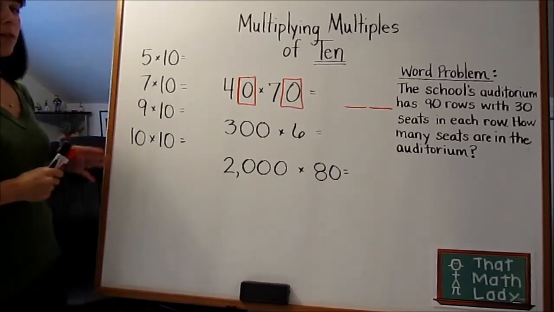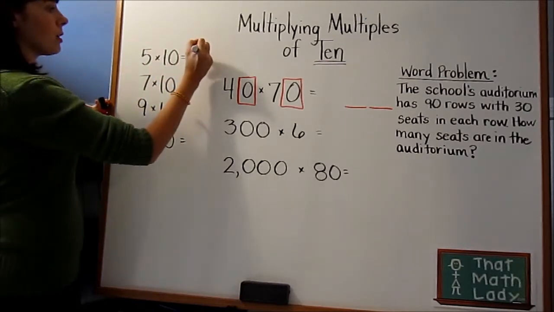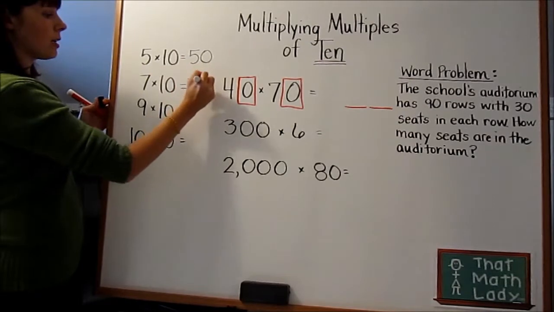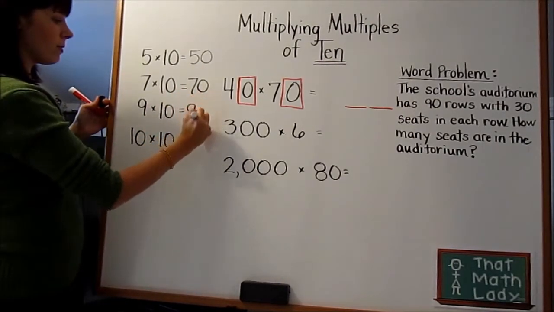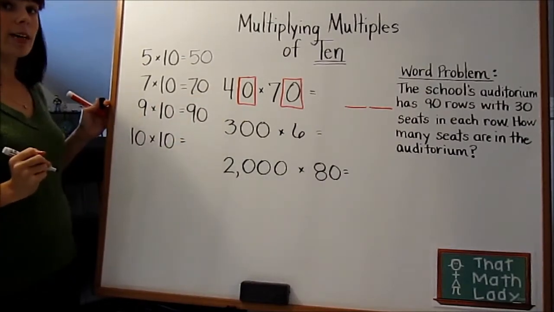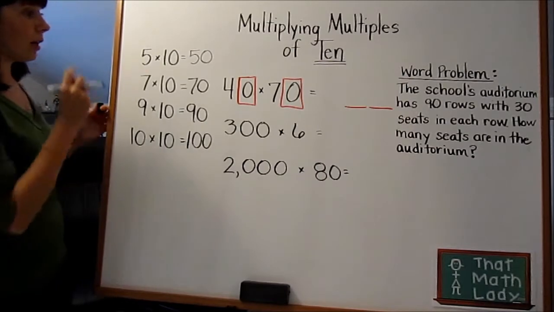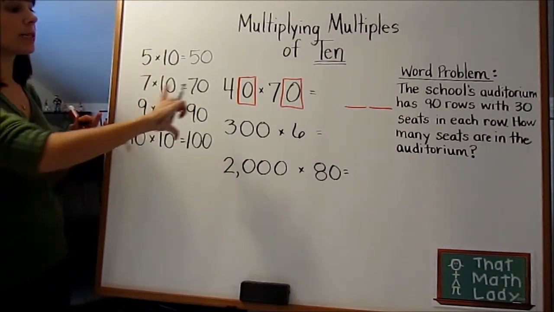Let's do some basic facts real quick. 5 times 10 is 50. 7 times 10 is 70. 9 times 10? Good, 90. And 10 times 10 is 100. Nice job. All right, so now we're going to take this pattern and we're going to apply it to bigger